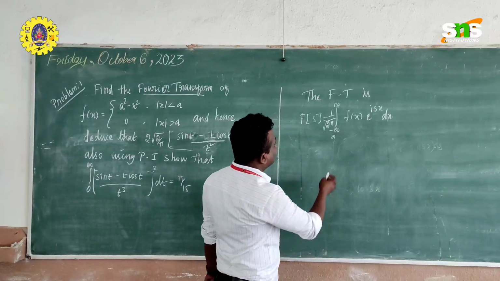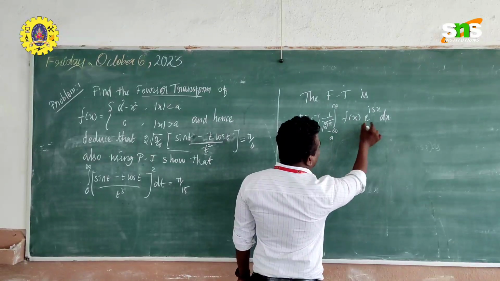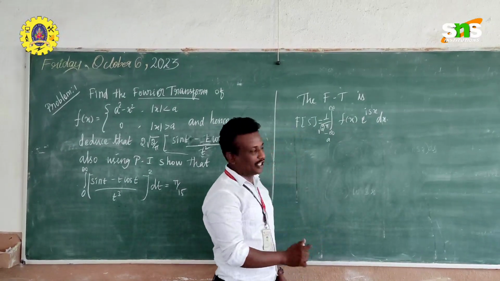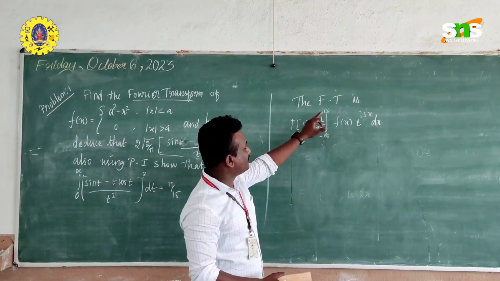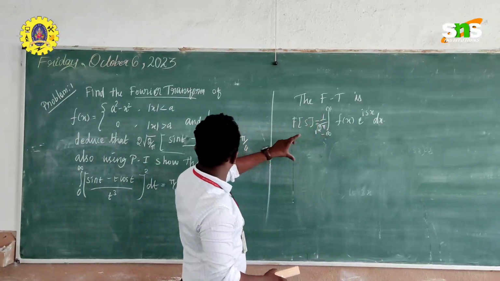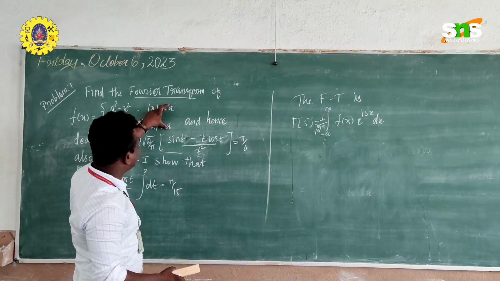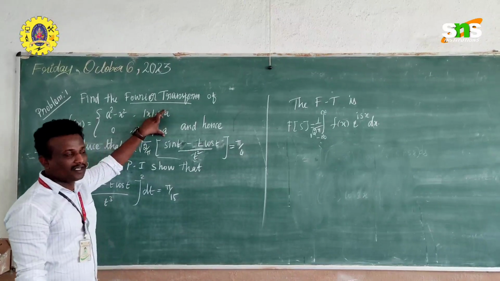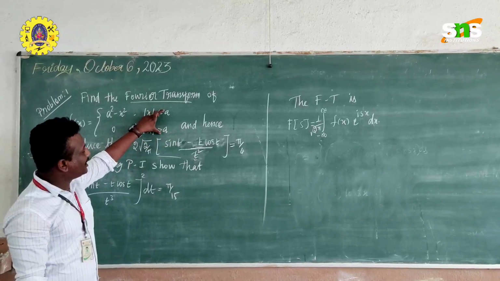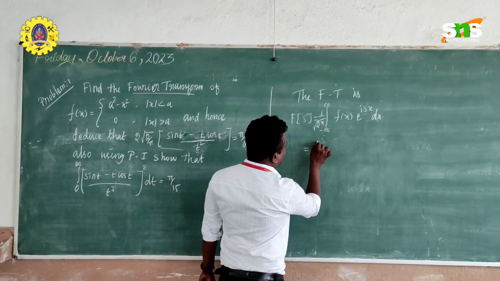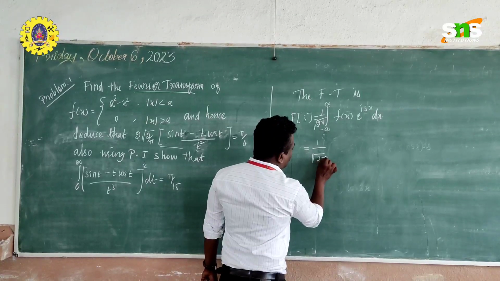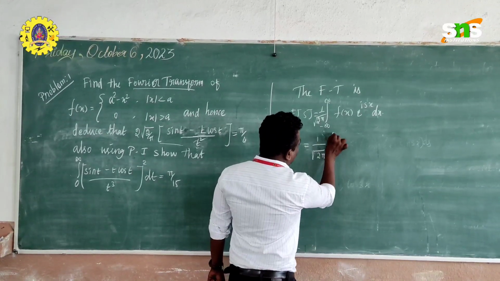So here we have f of x, then for e power isx we know the expansion. So minus infinity to plus infinity, this limit is the general formula limit. So first we have to see what range your given problem gives for this limit. In all the problems they will give a limit value here. So that value we first replace here. This is the second step. 1 divided by 2 root pi, then minus a to a.